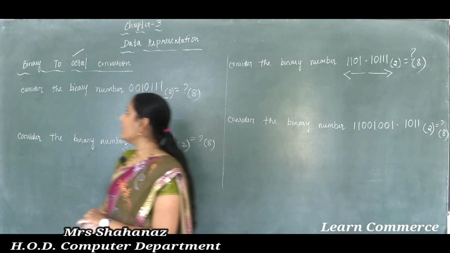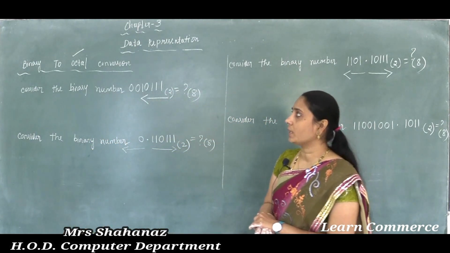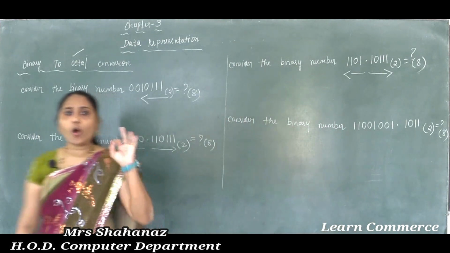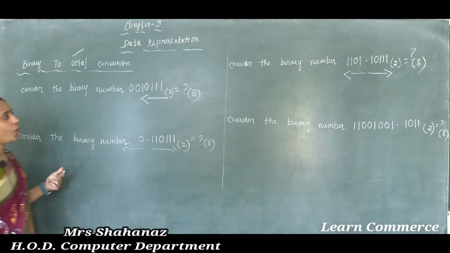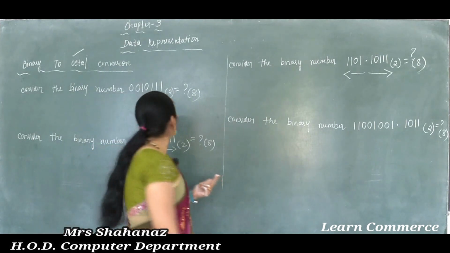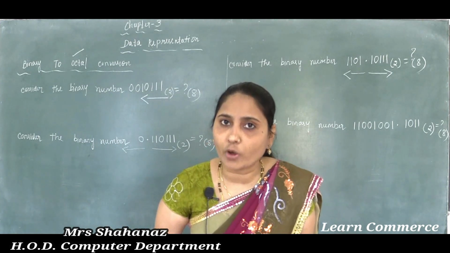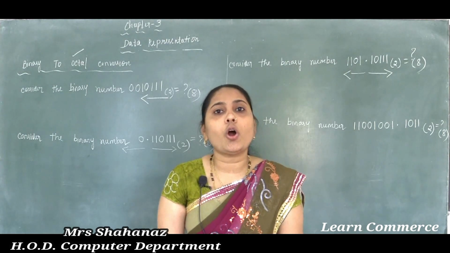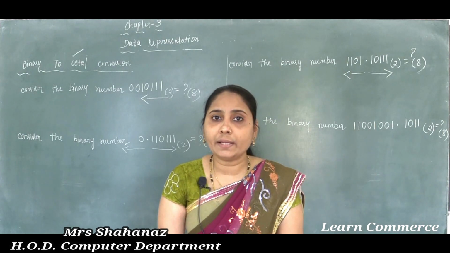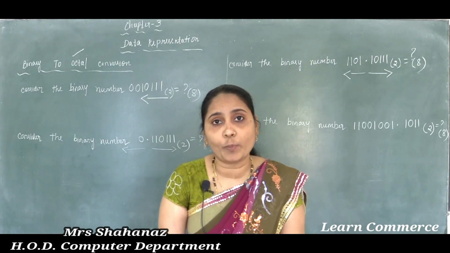Now what about the next conversion? How to make the conversion from binary to octal? Binary to octal conversion here. Before writing the answer for the binary to octal conversion, the first explanation I want to give is that in binary to octal conversion we break the binary digits into groups of 3 bits.